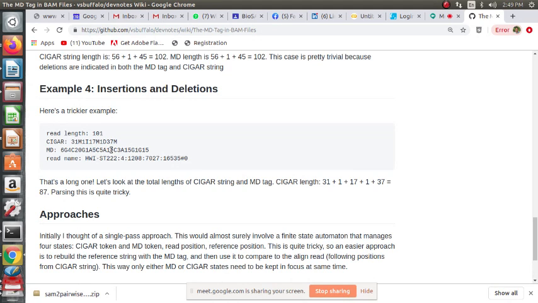plus 17 plus 37 plus 1 plus 1, right? So 31 plus 19 we can say, because 1 plus 1 is 2, and 17 plus 2 is 19, so 31 plus 19, that's going to be 31 plus 9 plus 10, so 40 plus 10, 50. 50 plus 37, that's 50 plus 30 plus 7, so 80 plus 7, 87.